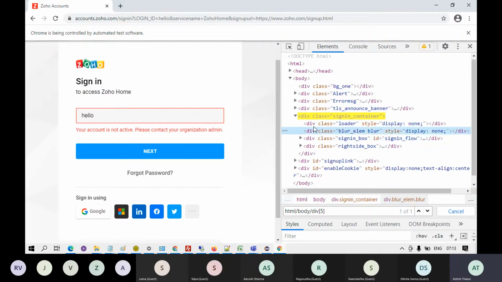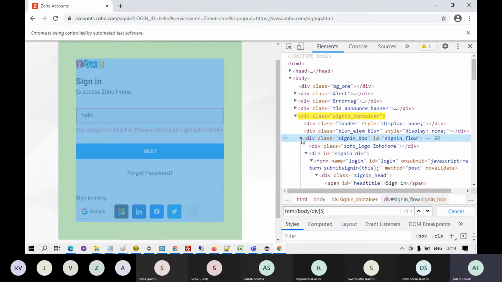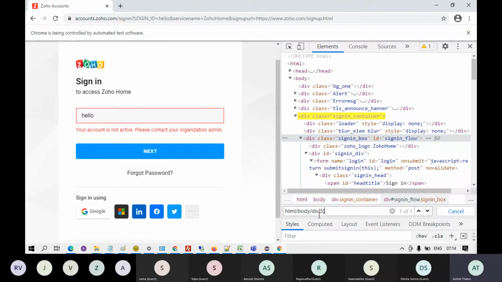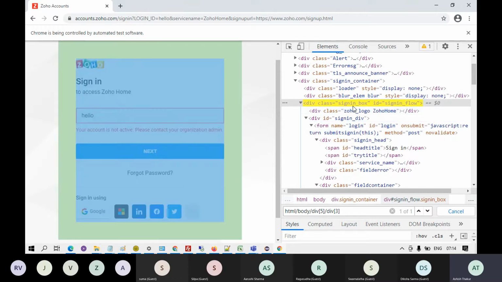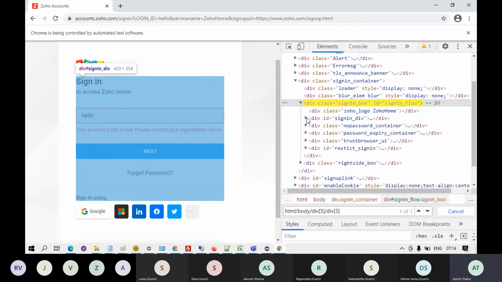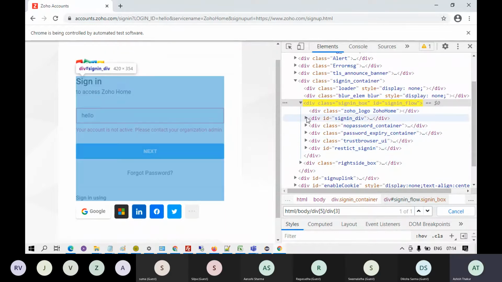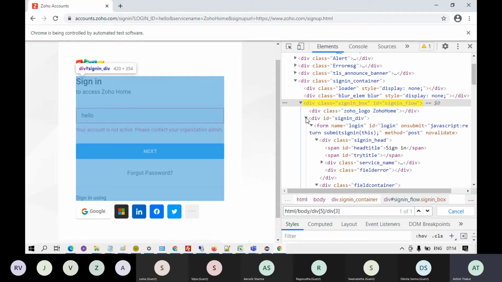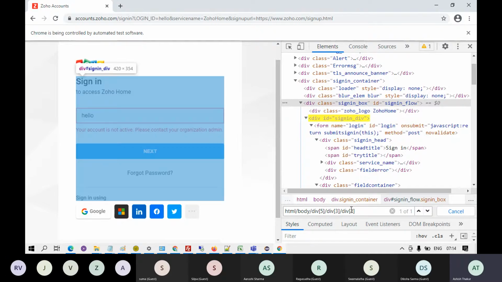There are 4 div tags parallel to each other. You want to go inside the third one. Alright, so you will write div bracket 3. So you reach the third one. And then inside the third one, you have got around 6 parallel divisions again, and you want to go in the second one. Okay, right, so you will write /div bracket 2.